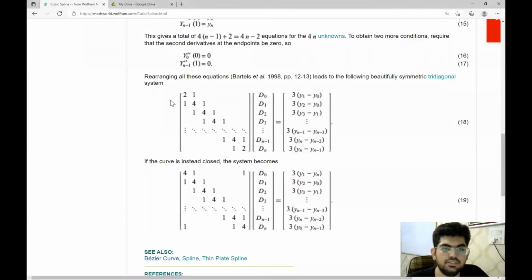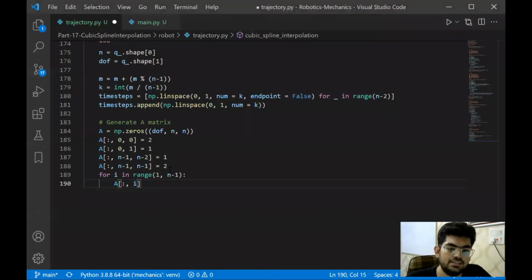For the ith row and ith column, we are going to have a value of 4. And for the same row but the i minus 1 column, we're going to have 1. And for the i plus 1 column, we are going to have 1. Let's see how we do that.